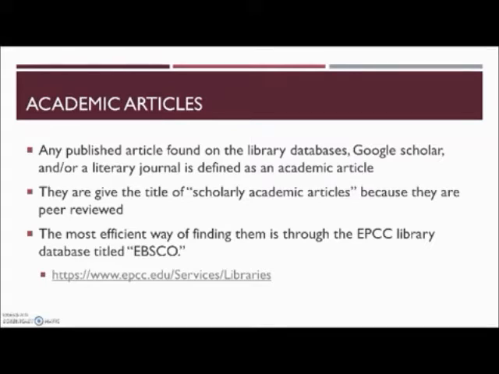They're given the title of scholarly academic articles because they are peer-reviewed, meaning a group of professionals in academia or in a specific research group got together, read that person's report, and approved it to be published in the article. So they're highly credible. They contain a lot of research because the author conducted research to get published in the